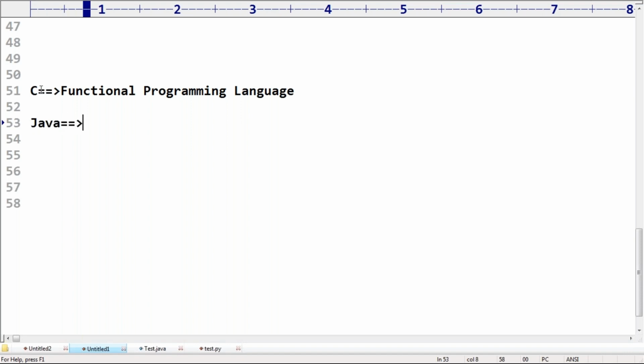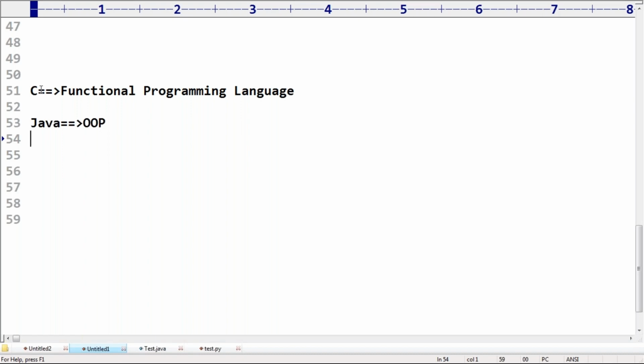Java, what about you? Immediately Java will say, myself is an object oriented programming language. Then I will ask, without class, without object, can you please write some code? Is it possible to do something in Java without a class, without an object?